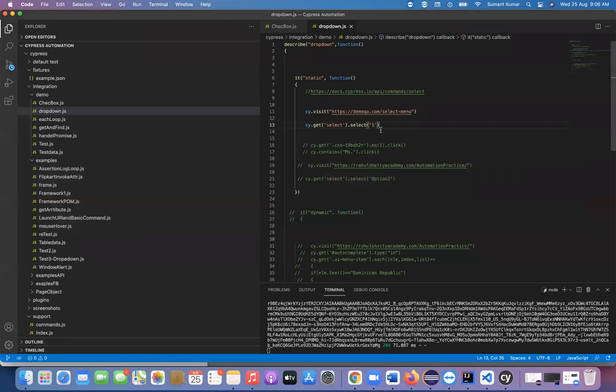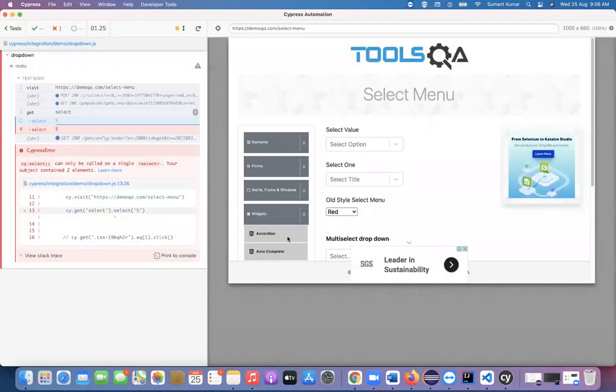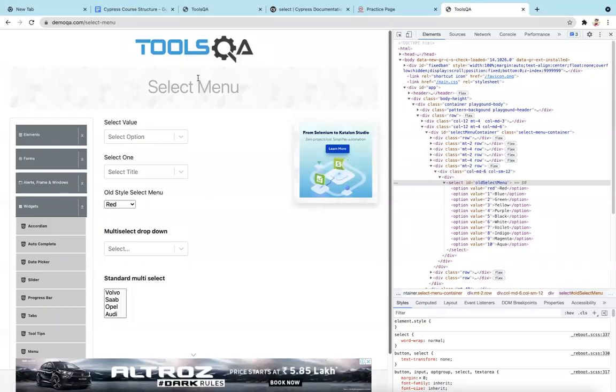So let's see, I will choose some file. Yeah, so the problem is not with red or the index or something. The problem is here, you can see: cy.select can only be called on a single select. Your subject contains 2 elements. That means if I go to this particular URL, select is here.